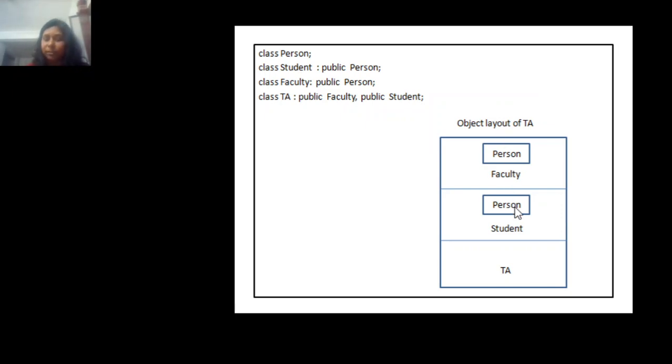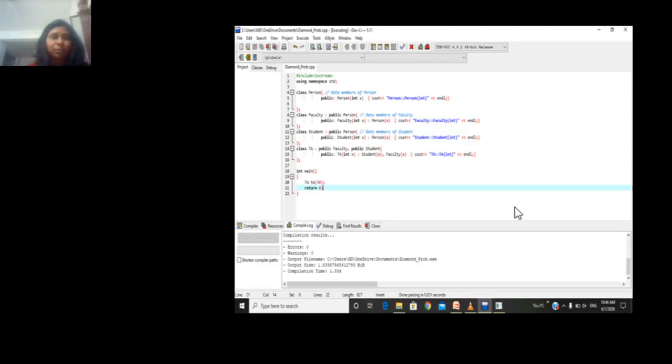Now I have written this in the form of a CPP program, and I'm showing you the program itself. I don't know whether it is visible or not. Maybe not. If it is not, you tell me, I'll be sharing the slides with you in your group email ID. So what happens when I execute this code? As you can see, in main I'm creating one TA object and passing one parameter, and here the constructors are there.